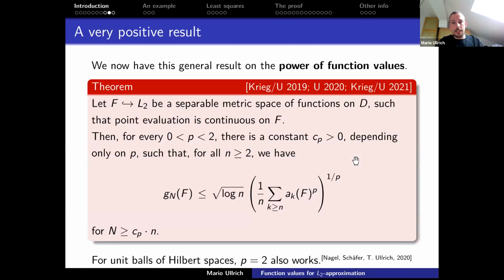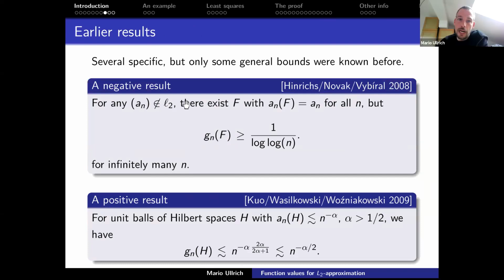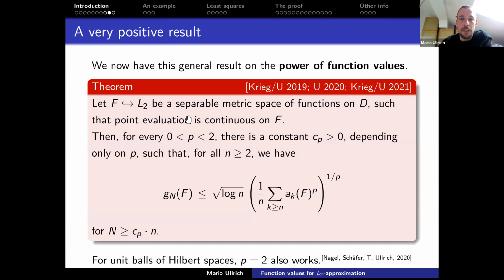The general result I then proved together with David in a row of papers, with intermediate papers by other people who gave other inputs, and I will come to that in a second. That's a very positive result, in the following sense. We now know that the polynomial order of convergence of sampling numbers and approximation numbers is the same in this regime, so in the regime where the sequence is in L2. Let me tell you what it is. If F is a separable metric space of functions such that point evaluation is continuous, these are technical restrictions that are actually always fulfilled in all the cases we are interested in,